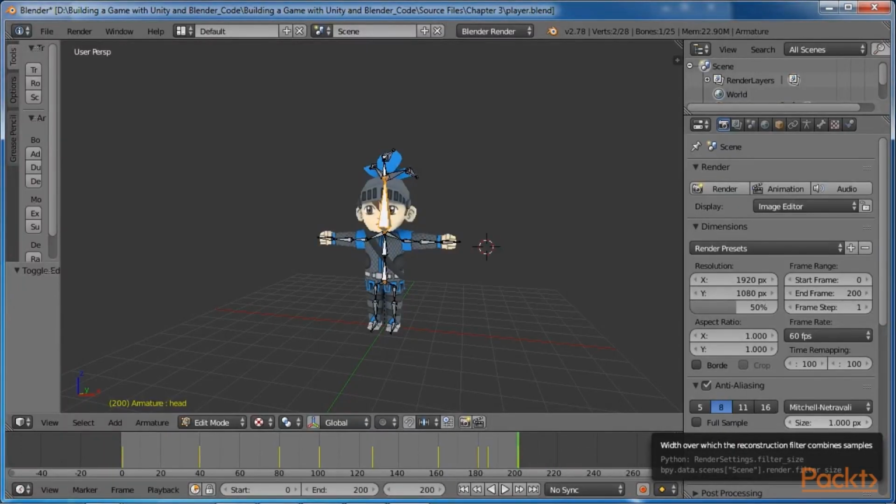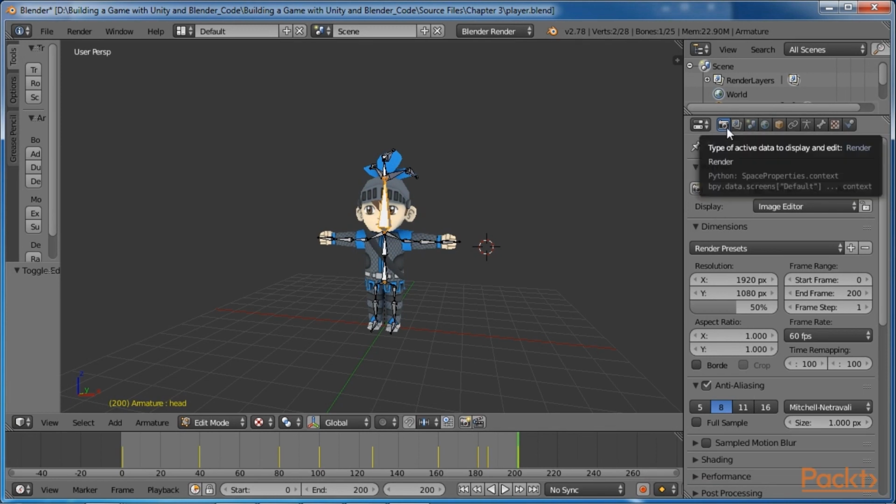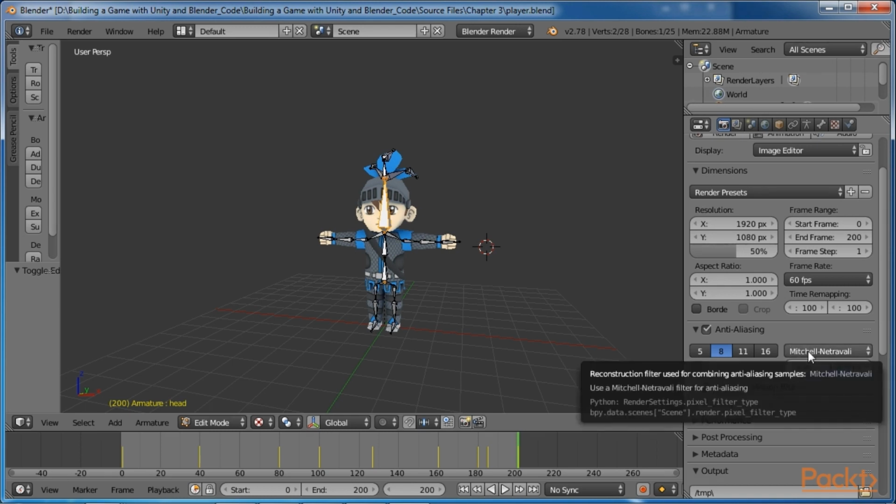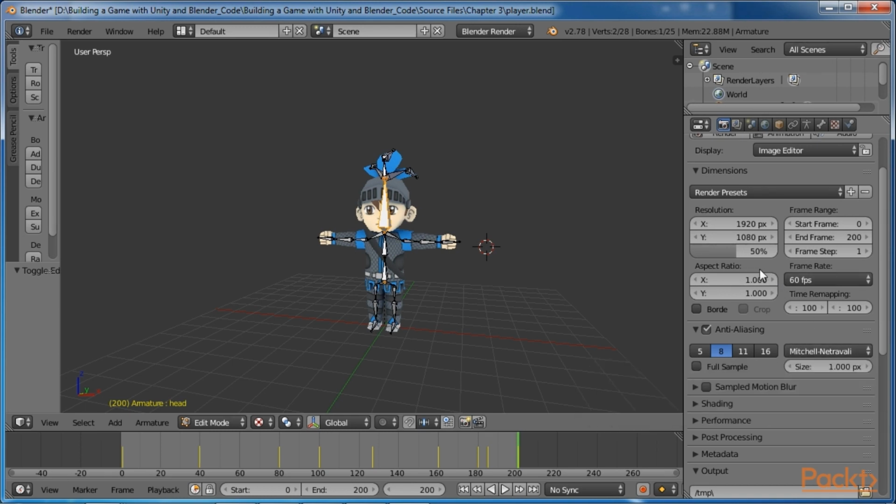Before we start animating our game characters, we need to set an important setting. Go to the Render tab in the Properties panel and find the Frame Rate option. Change the frame rate to 60 frames per second, because that's what video games are running at. If you chose another option instead, your animation will seem like it is being played at a very slow speed in the game engine. So make sure that this option is set before you start animating your character, because prevention